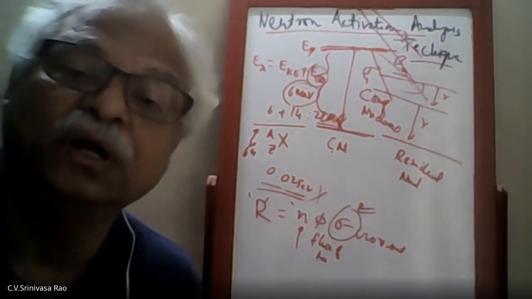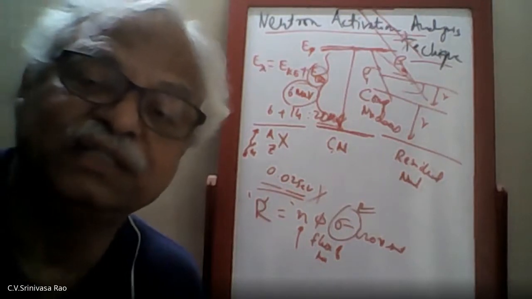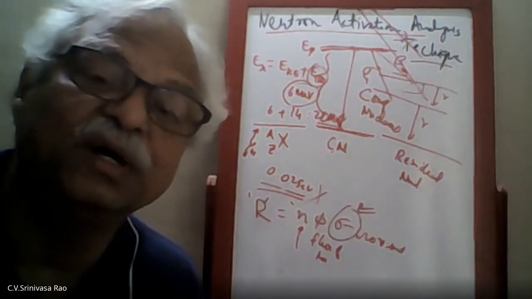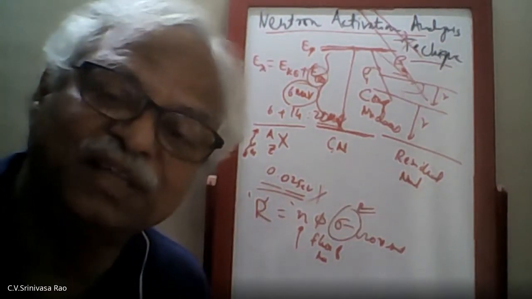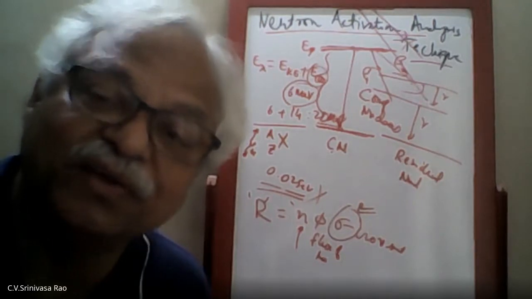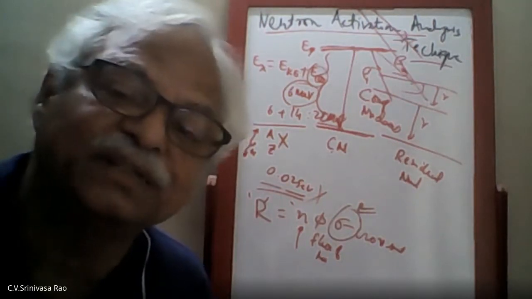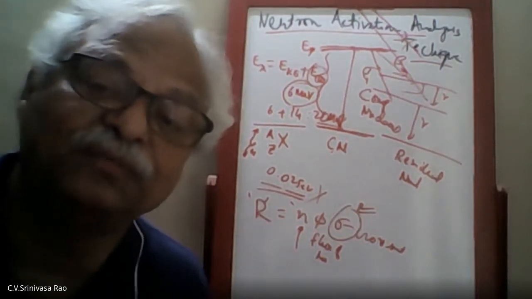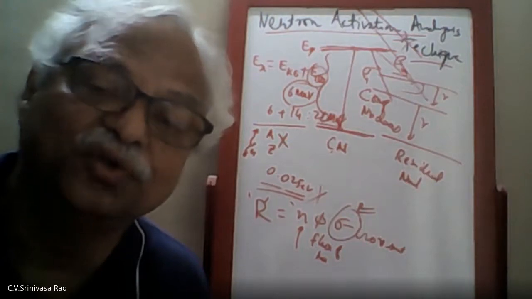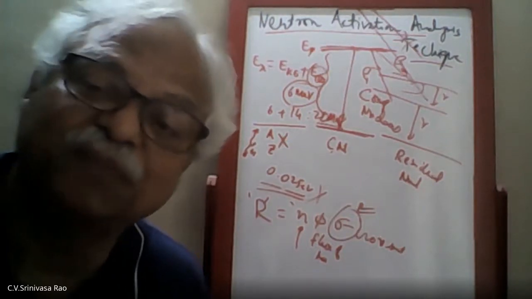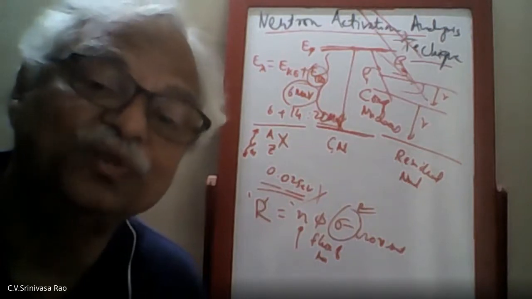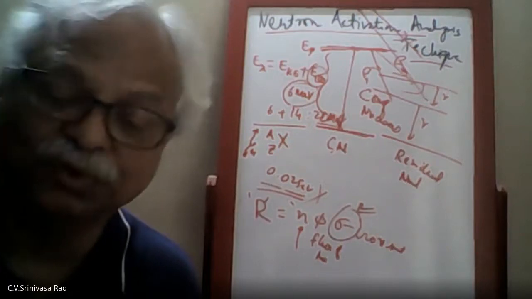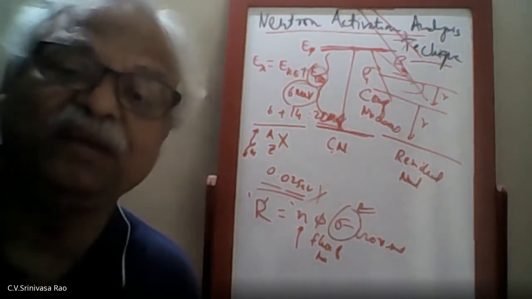In fusion, most of the fusion energy is in the neutrons. So you should be able to extract this energy from the neutrons, produce steam to run the steam turbine, and that is how you can produce electrical energy from fusion reactors. So for that, I should have a very good knowledge about the neutronics part, the neutron physics part, so that I'll know what materials to use to extract this heat from the neutrons. So this is a very interesting field of research,